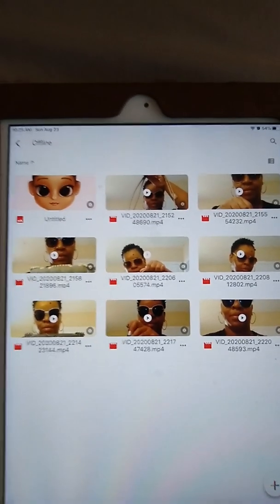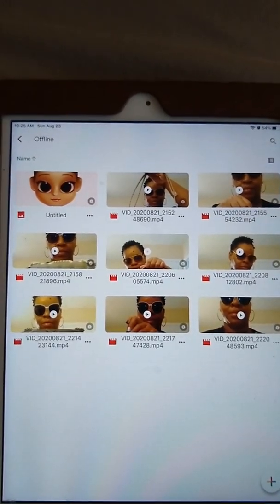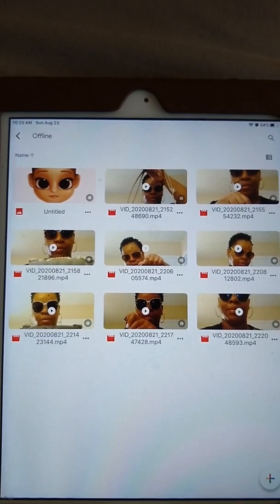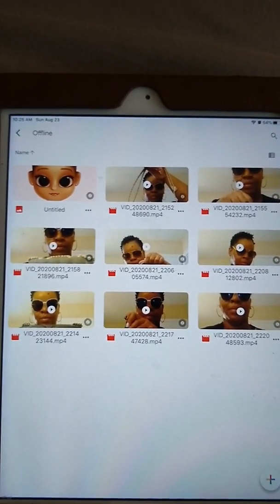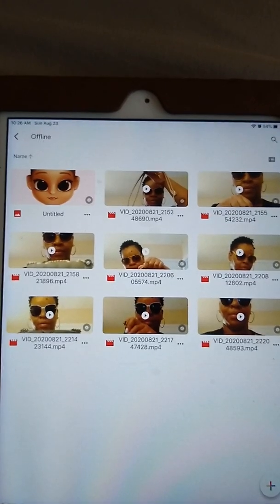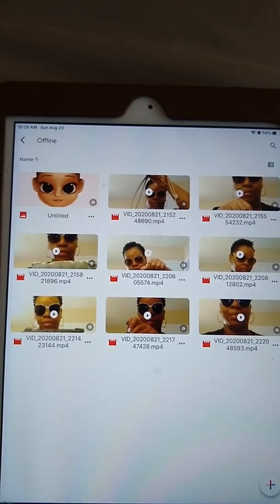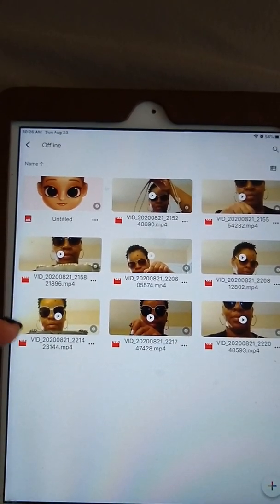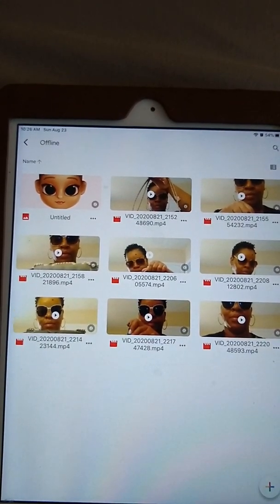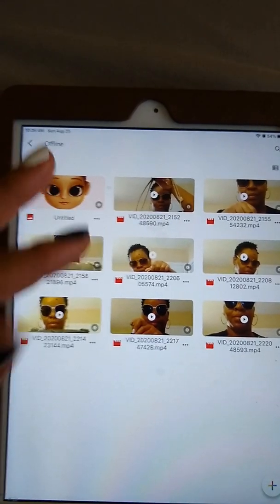So what I found out is that you have to have a copy of Google Drive on the device that you want to download the videos onto. So if I'm going from Android to my tablet, I need to have Google Drive on my phone and on the device I want to download it to. Once I have the program installed on both devices, to get the video onto the new device, I want to